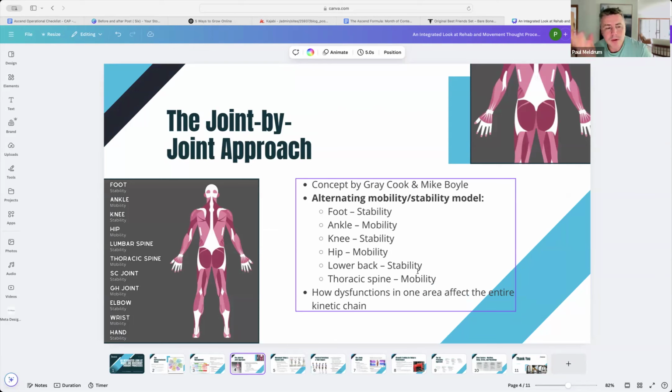So when we're looking at a client who has pain, we've looked at everything else. What we want to do is see, do any of these joints lack the requirement? So for example, using my back analogy, does the lumbar spine lack stability when someone's doing a deadlift? Are they rounding too much? Cool, if that's the case, we need to generate that.